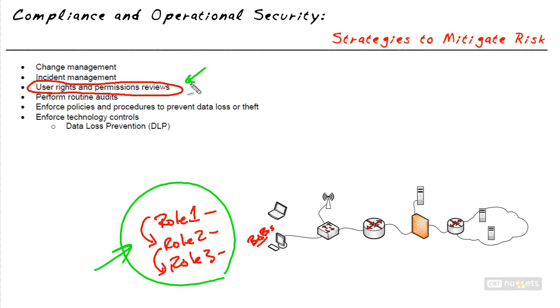So this review process, which can also be referred to as auditing, can be used to help mitigate or reduce the risk of privilege creep, as well as verify that the rule of least privilege, or at least the concept of not giving Bob more rights than he needs, is being followed. Another very interesting phenomenon that we might find as we do a review of our user accounts is we might